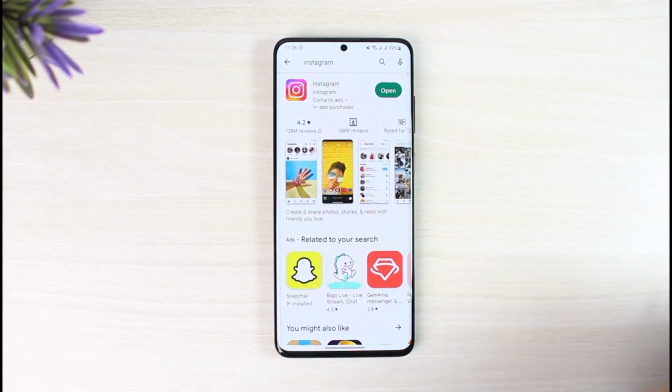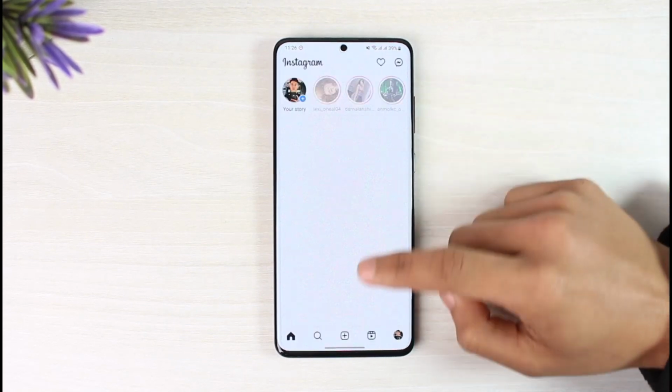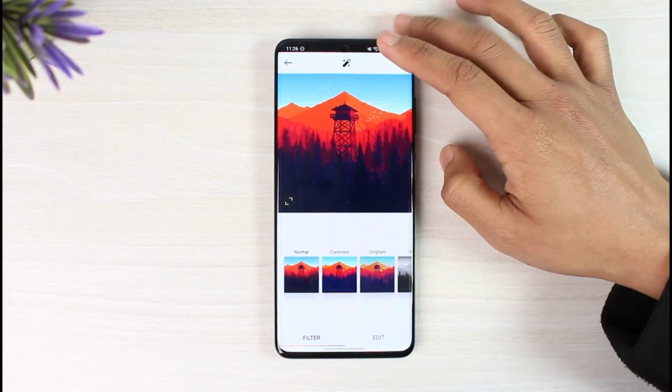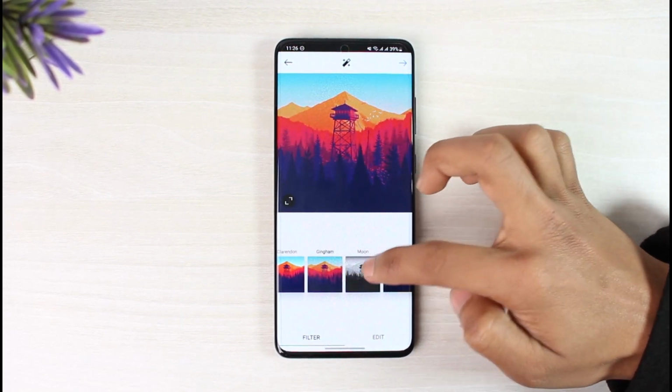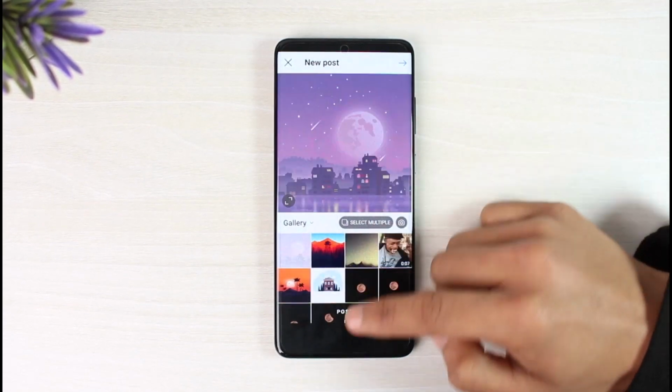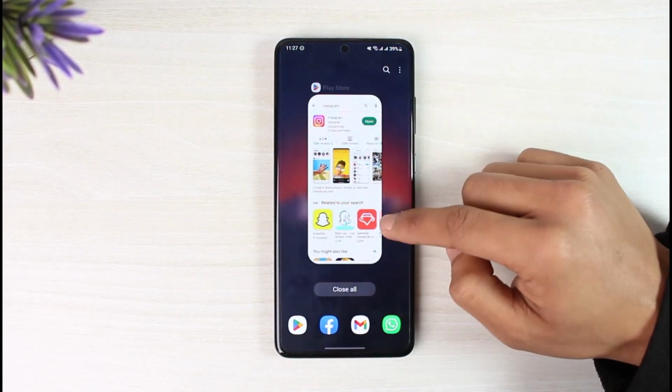So if the Instagram filters, basically whenever you're trying to create a post, are not working, then it could be happening due to a couple of reasons. Basically, you can see all these types of filters over here, and then you just tap on the next button and then use these filters accordingly. But if it's not working, then first of all what you want to do is just go ahead and then